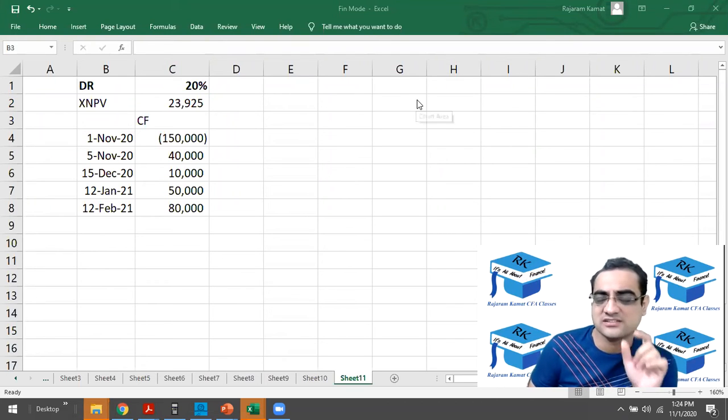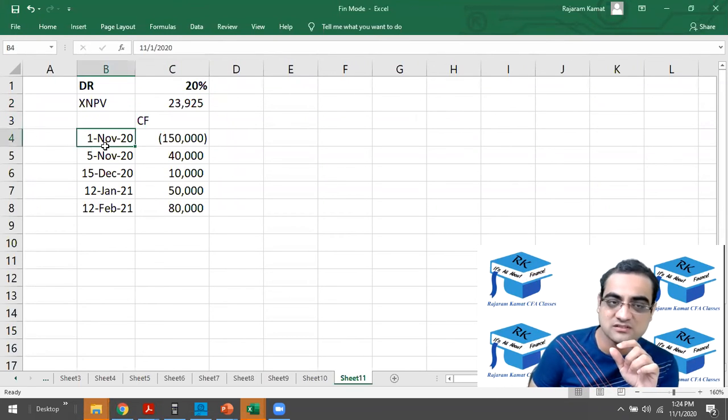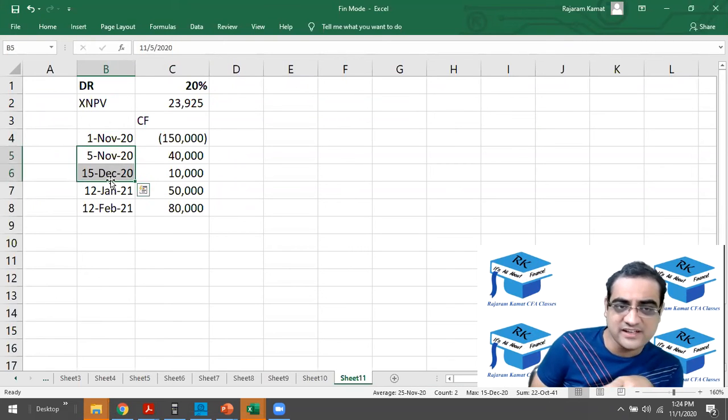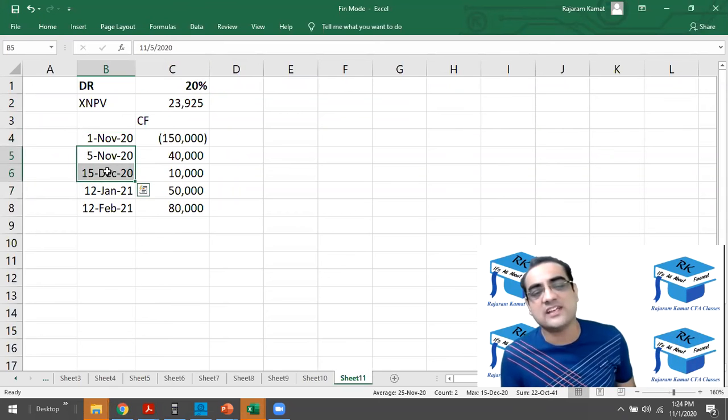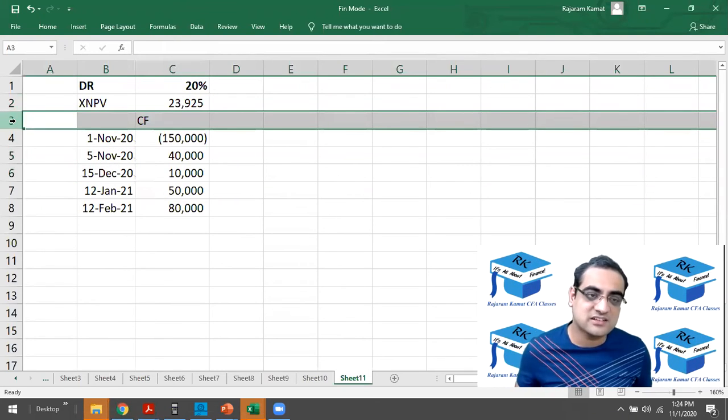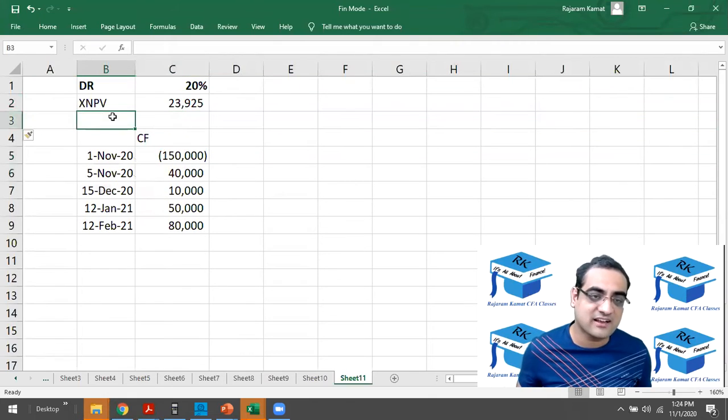Good. The distance between the first period and the second period is just 4 days. And second period and the third period is 40 days. So if here it is 5 days, here 40 days, the distance is not equal, so you cannot use the NPV function. Similarly, let me just insert a row and then calculate the XIRR over here.